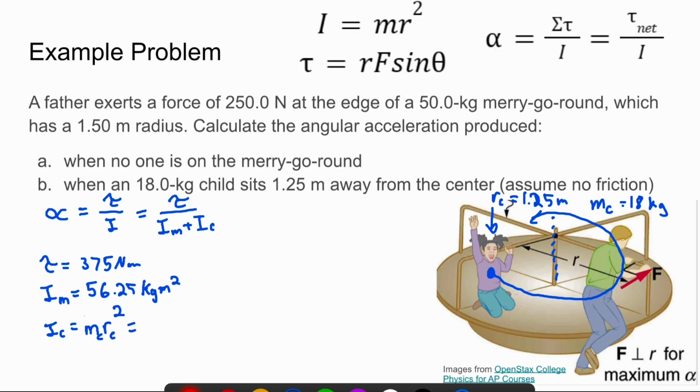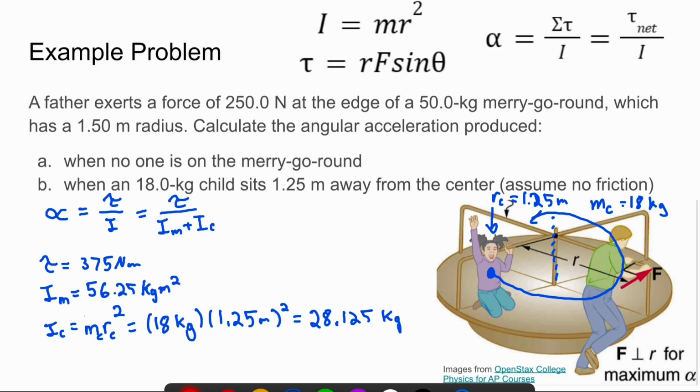So her mass is 18 kilograms. Her distance from the axis of rotation that she is circling is 1.25 meters, and we're going to square that. That should give us a moment of inertia of